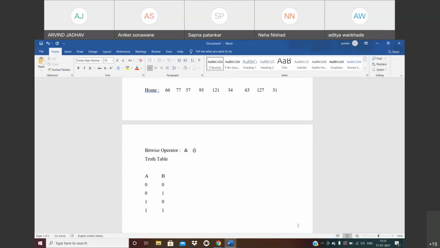Okay, the name of that operator is bitwise AND. Second one is single OR, and the name of that operator is bitwise OR. Also one operator is called bitwise XOR.